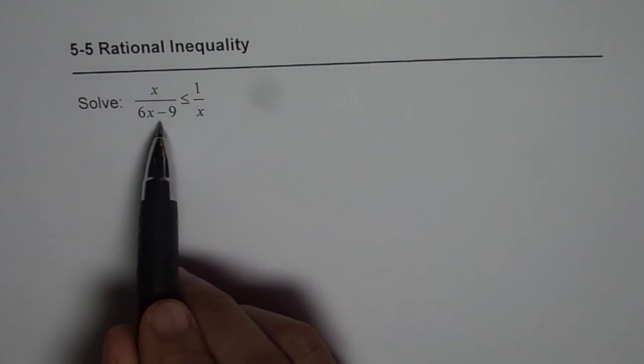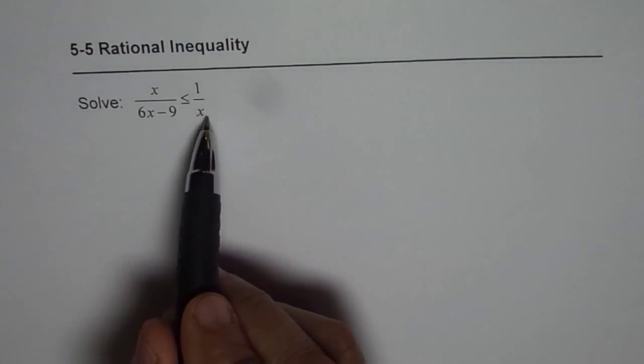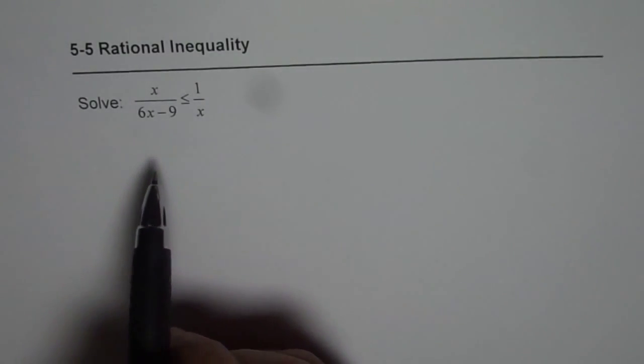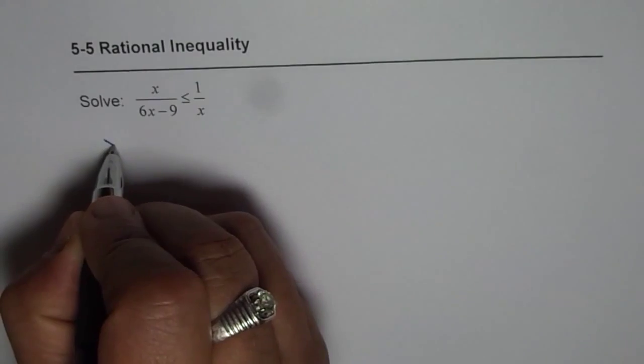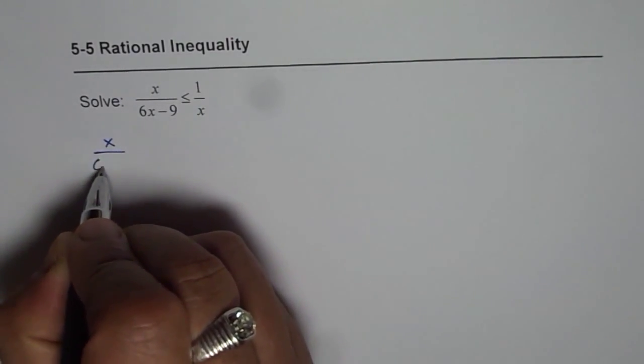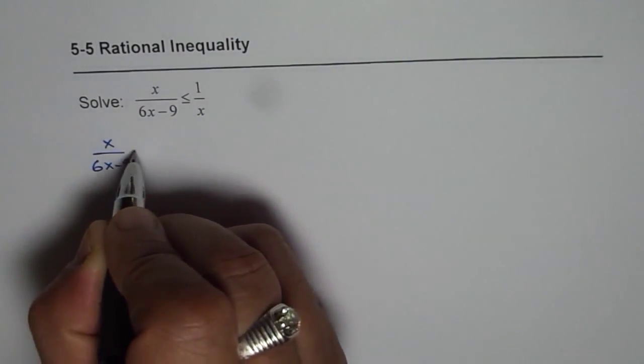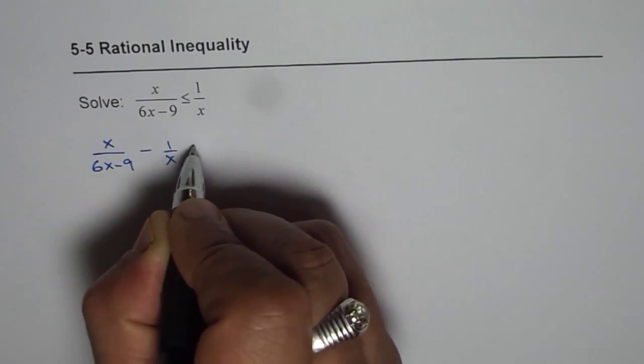I'm Anil Kumar, and now let us see how to solve a rational inequality. We have x over 6x minus 9 less than or equal to 1 over x. To solve a rational inequality, we should bring all the terms to one side. So let's do that. We have x over 6x minus 9 minus 1 over x is less than